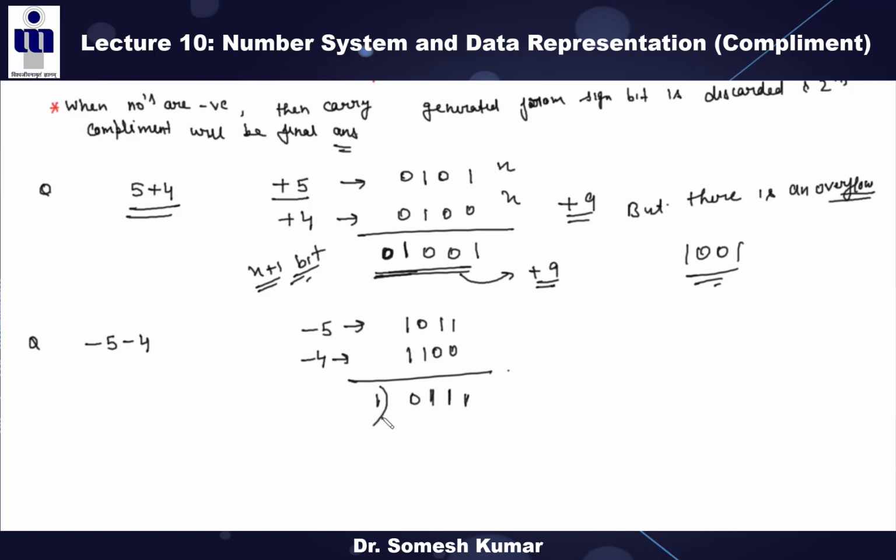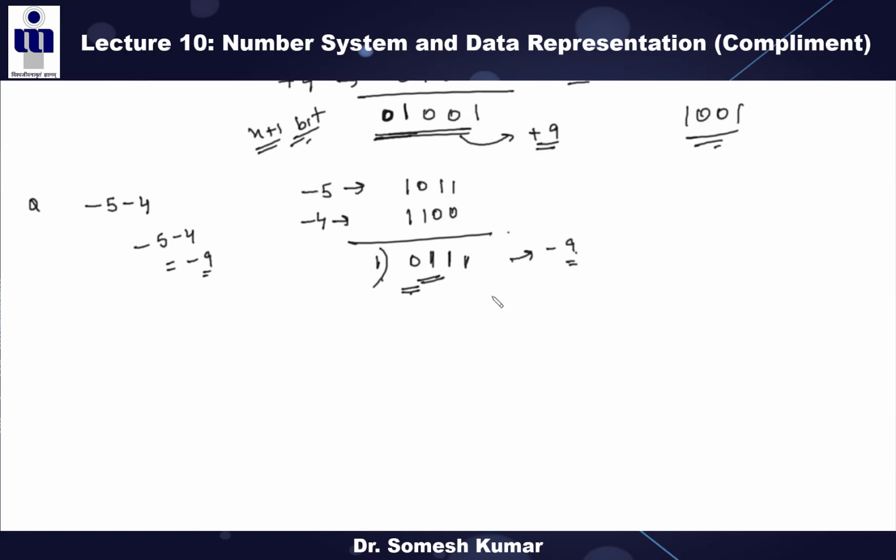Now tell me, is there an overflow or not? Is there an overflow? So the answer is basically, we have to take the 2s complement of this. So what is the 2s complement of this? 1, 0, 0, 1, right? 0, 0, 1 here. So this is your minus 9, and this 1 is for the minus sign, right? So here this is 4 bit, this is also 4 bit, but here the answer is represented by 5 bits, right? So this is an overflow condition.